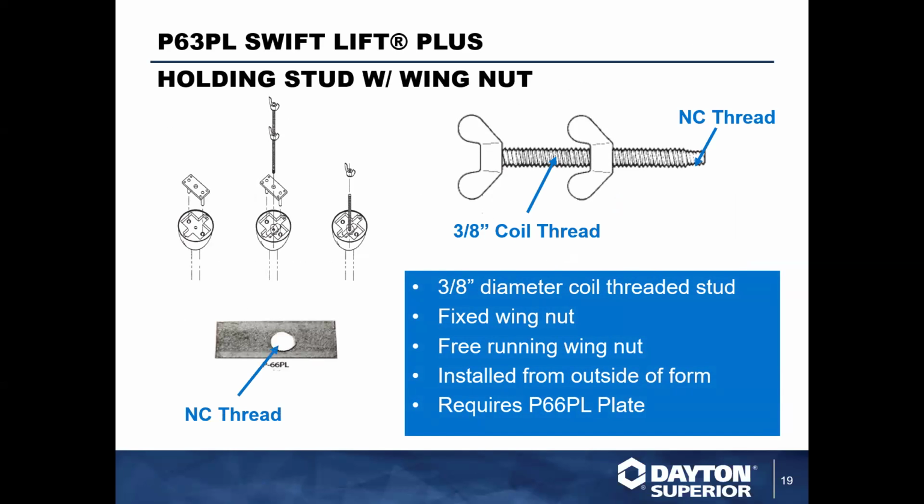Okay, so for your holding studs, as many of you know, I'm sure that you don't want to cut a bunch of holes in your forms. Your forms do come with a hole. We can help to locate these. P66, the P63 PL. The holding stud is also designed to be used with a wing nut. It comes threaded with a wing nut. This one to the left is for actually engaging the stud into the recess form, and this second stud is a free spinning, free running wing nut, and that's used to lock that down to the outside of your form and pull it tight. It does require the use of that P66 PL plate